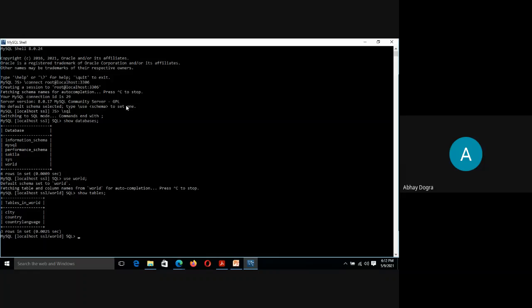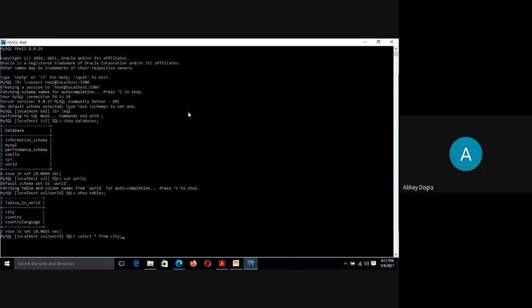So let's quickly start with one of the tables. Let's take city, because yesterday also we were using this table. We'll see what kind of data we have in this table, because tables basically hold data values. There are two ways of doing it. One is, if you are interested in the data that is stored in the table, you need to write select star from name of the table.